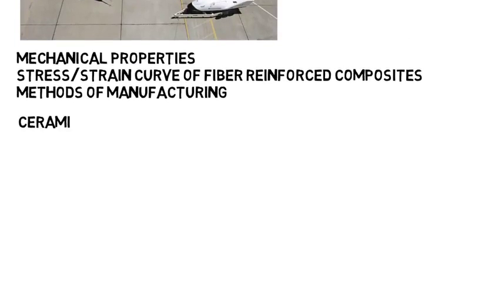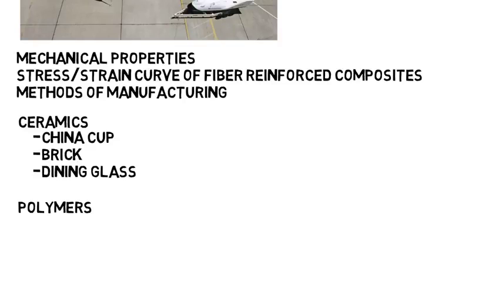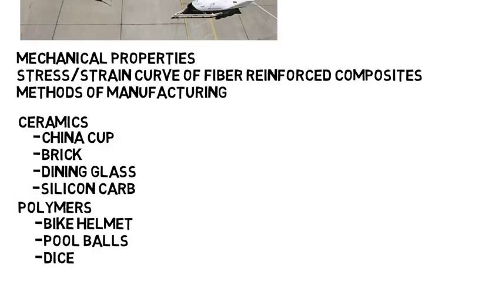Now I'm really not going to cover ceramics and polymers in any detail, but if you want to know some basic examples, ceramics might be like a china cup, a brick, or a dining glass. And polymers or plastics might include a bicycle helmet, pool balls, dice, and so on. Now these are very basic examples, but in school you cover more advanced materials that have engineering applications, like silicon carbide that can be used to create very hard ceramics, which can be used for car brakes